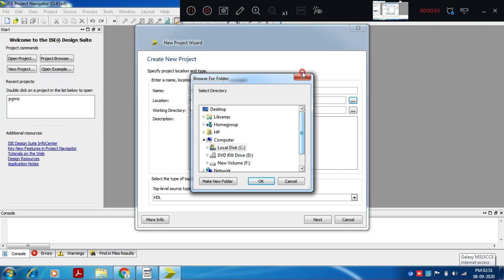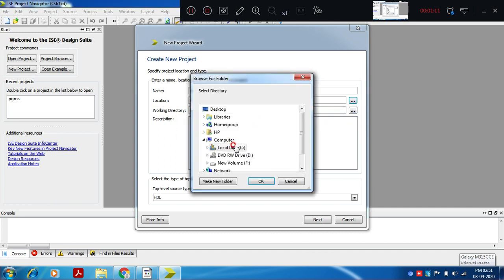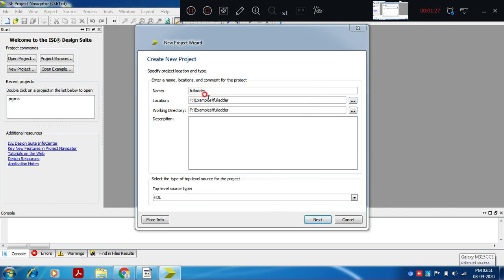In F drive we have selected the folder examples, and a file named full adder will be saved there. Or in F drive you make your own folder.